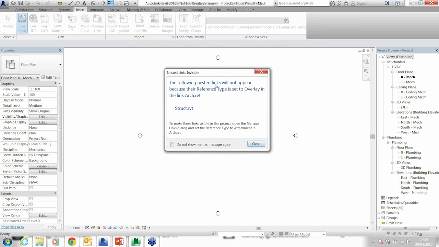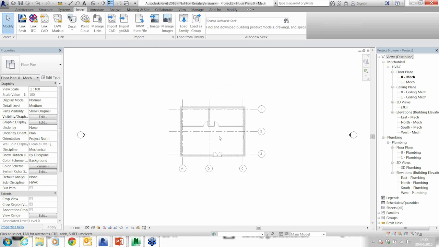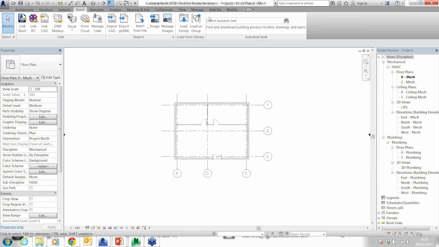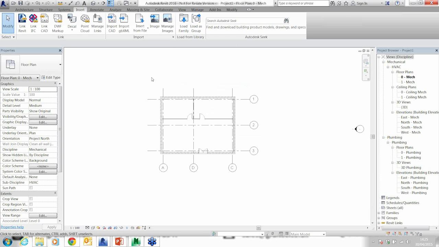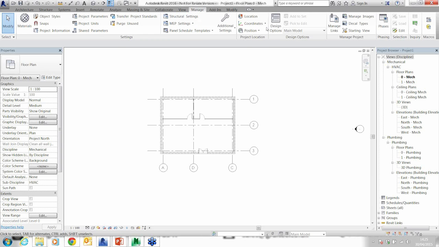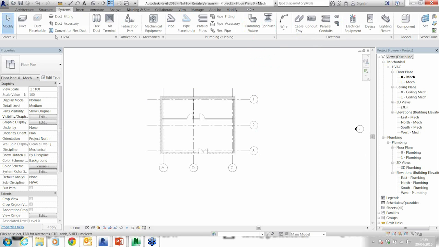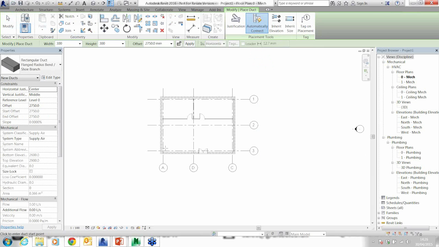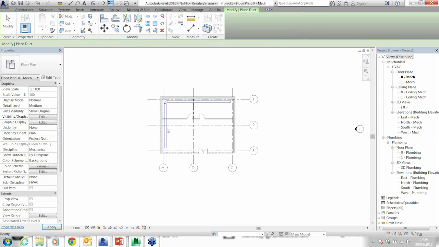Okay, it's telling me that there's another link, but it will not appear because it understands that link's in there. Shouldn't have an issue. And then what I can also do is say, okay, everything there, I'm reasonably happy with that. Next thing I just need to do is manage coordinates, acquire the coordinates, just so we're running the same coordinate system. And then I can start to draw maybe some ductwork in here. So we'll just put a little bit of ductwork as my supply air. Yeah, and then we'll also put return air